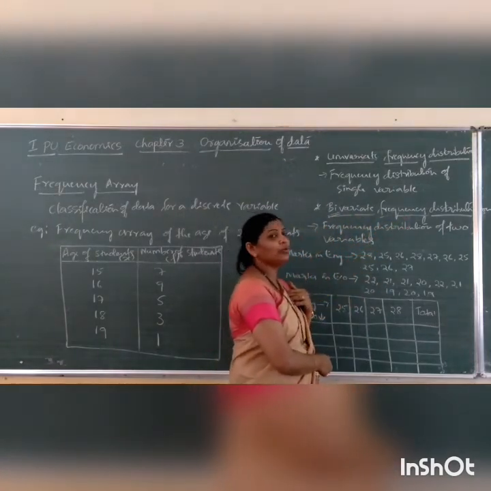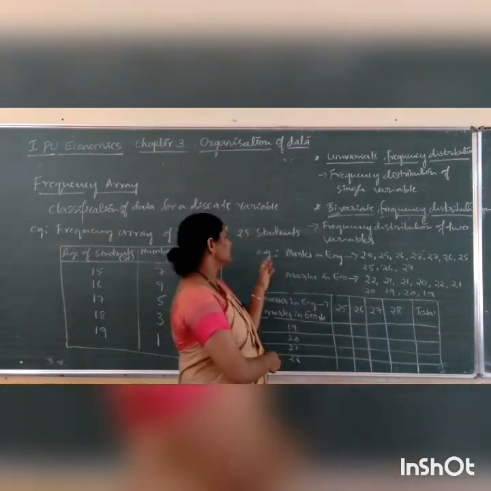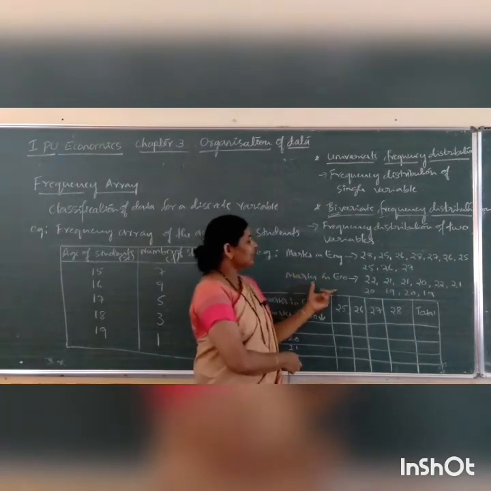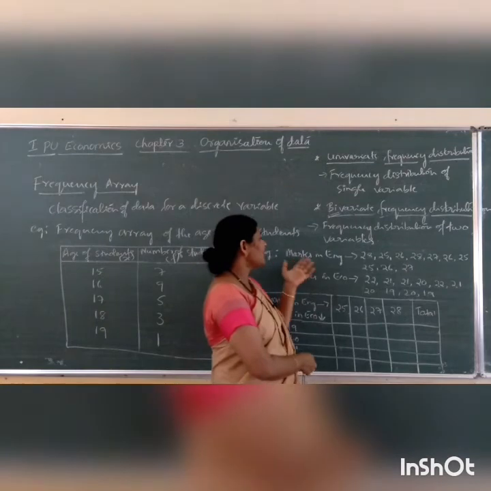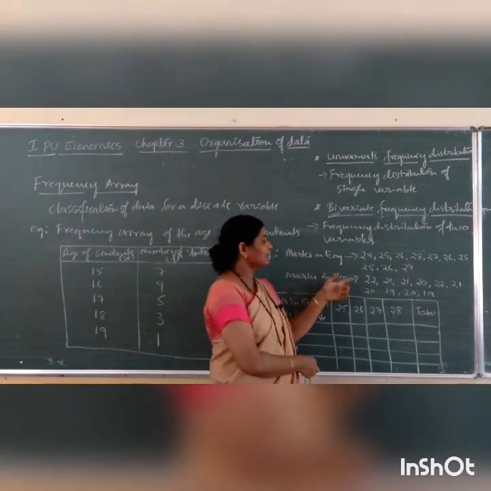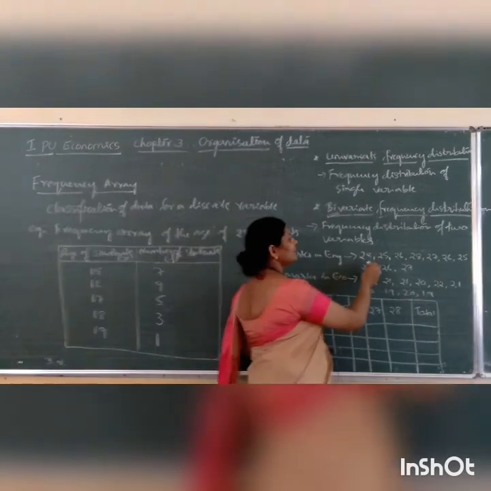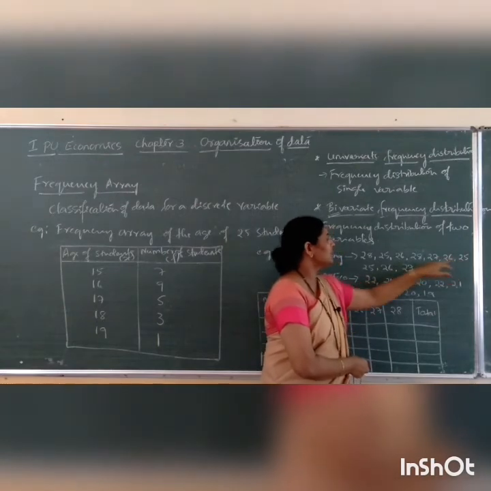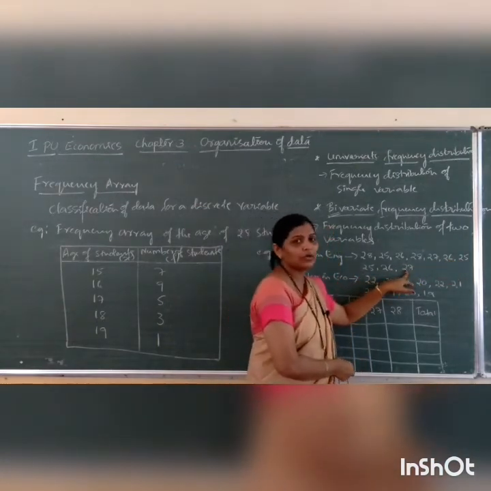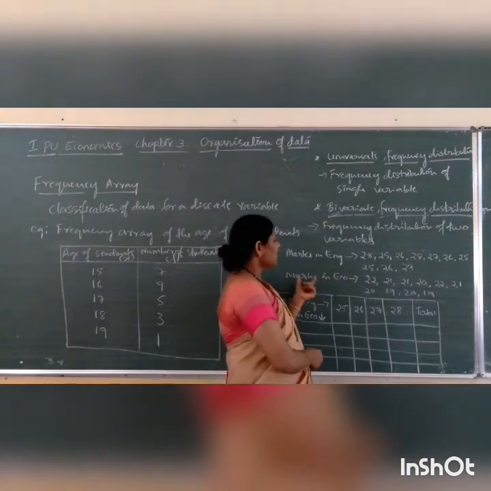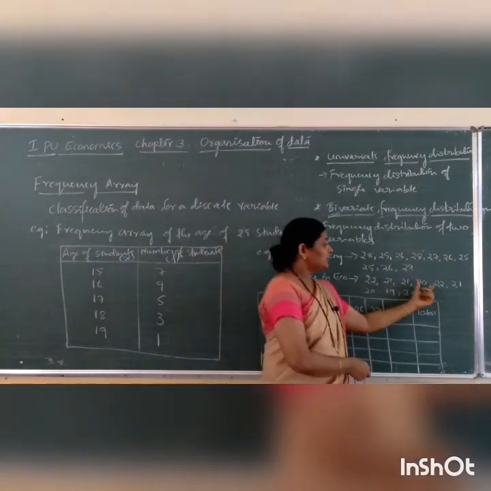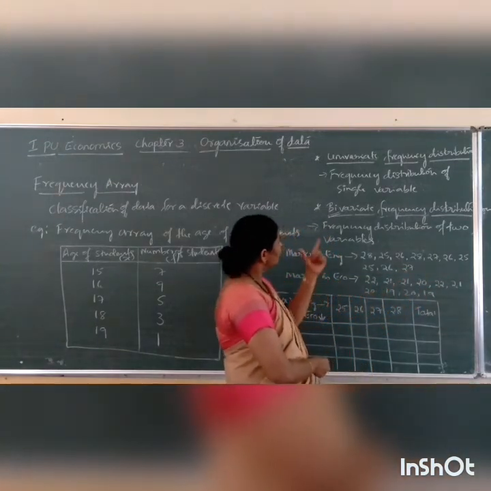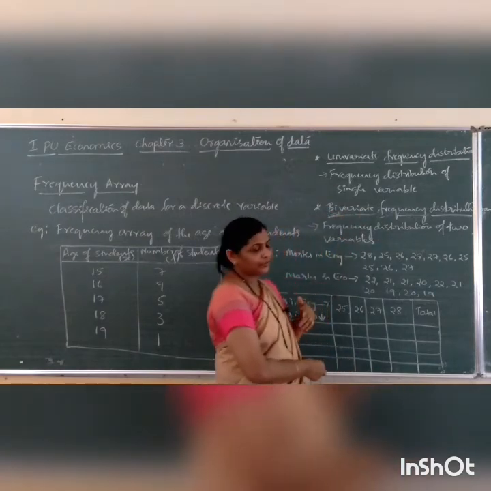So frequency distribution of two variables is called bivariate frequency distribution. So here for example, we have data of marks in English and marks in economics. Marks in English: 28, 25, 26, 28, again 27, 26, 25, 25, 26 and one more 27. Then marks in economics: 22, 21, 21, 20, 22, 21, 20, 19, 20, 19. So we have to make frequency distribution.